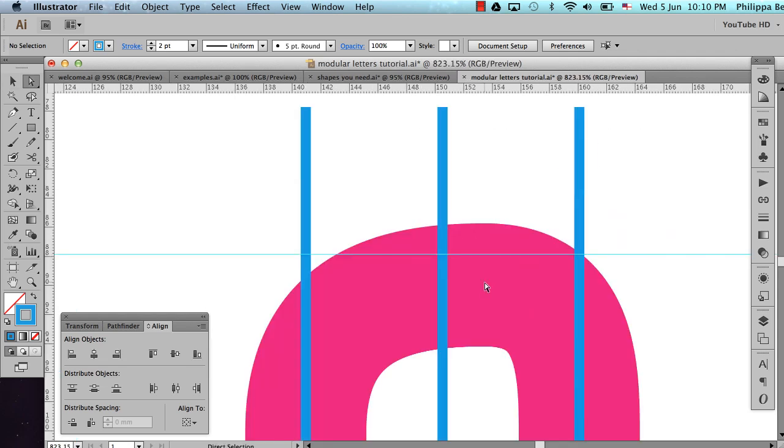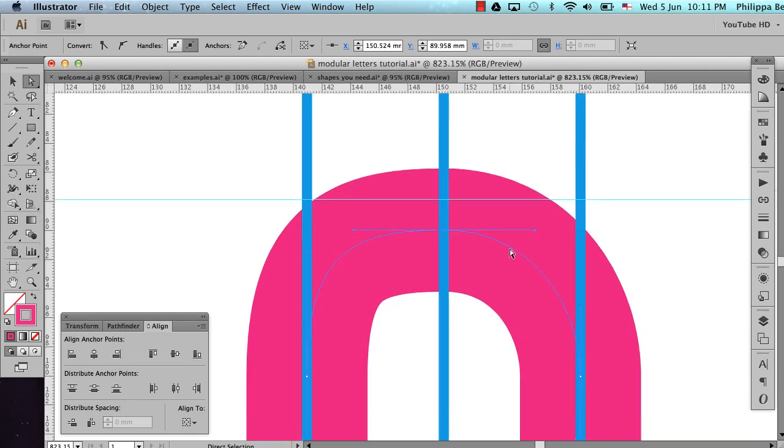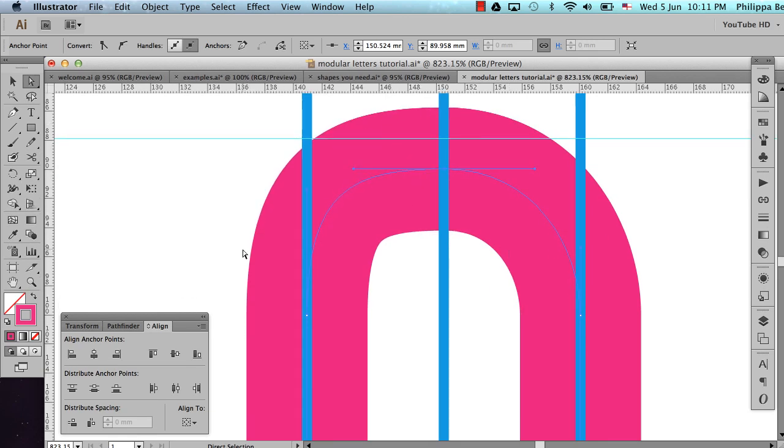Now if I zoom in here using my white arrow tool, there we go, there's the point, and this is where it needs to be. So I'm going to move it across to the left. You can use the keys on the keyboard if you want, or you can grab it and hold shift and just drag it. That'll drag it left or right. And I'm just going to manually put it right there in the middle. So it does look wonky,